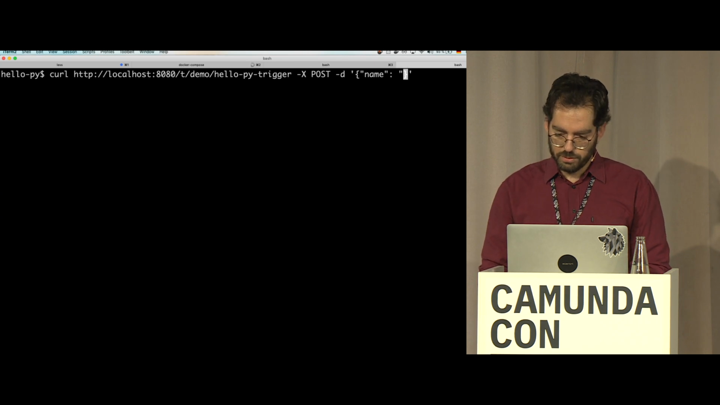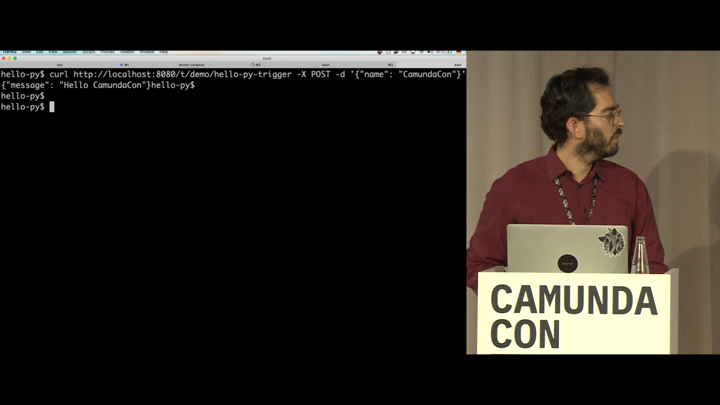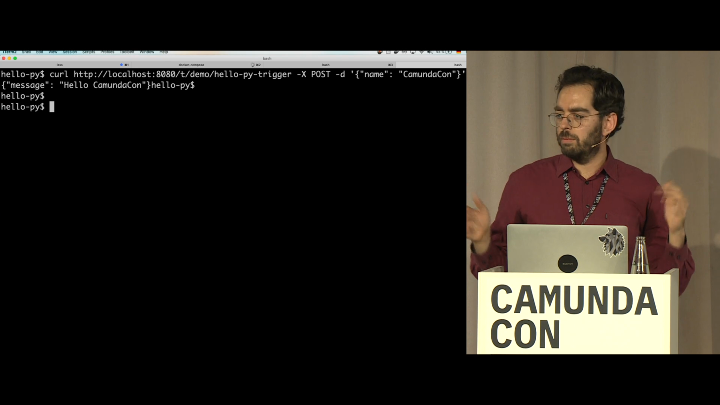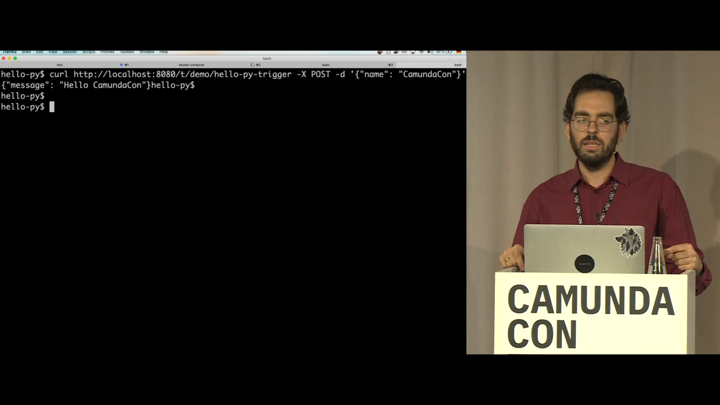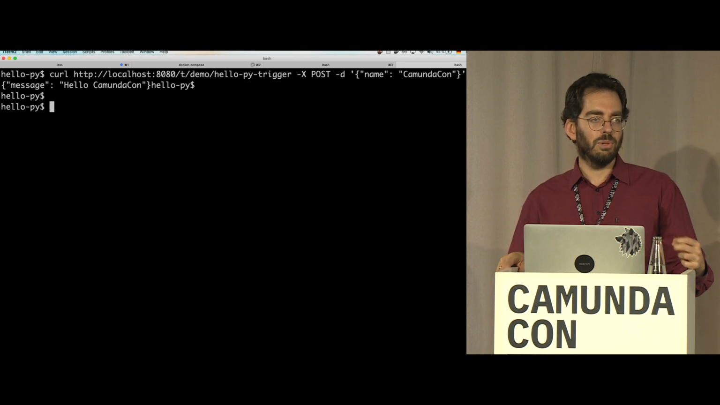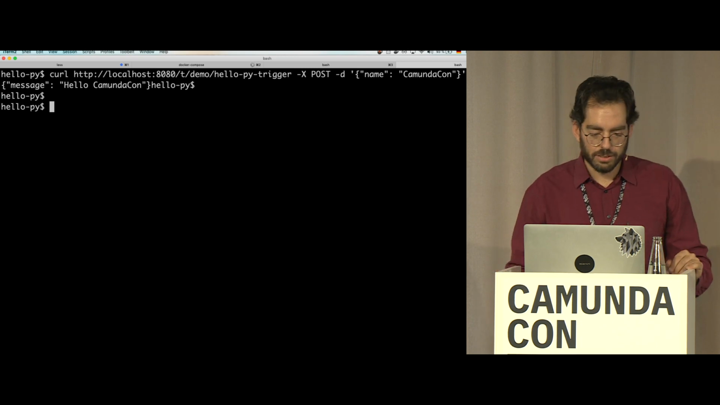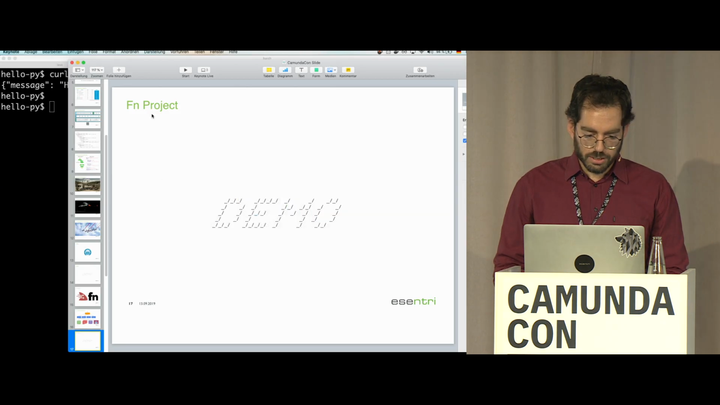Name CamundaCon, and it prints hello message CamundaCon. So that's a couple of commands to create a function and to deploy and run. And if that was on the cloud, it would be even cooler. But it's pretty quick to play around with functions. So let's go back,